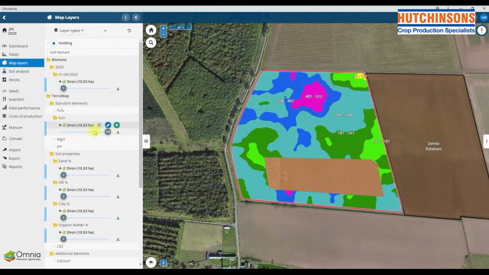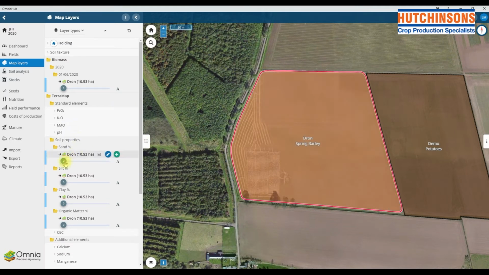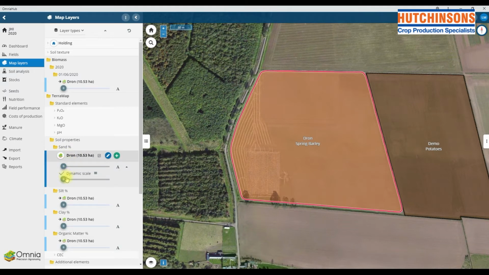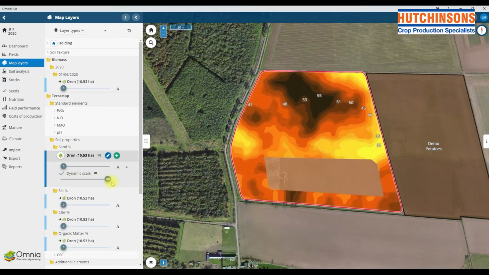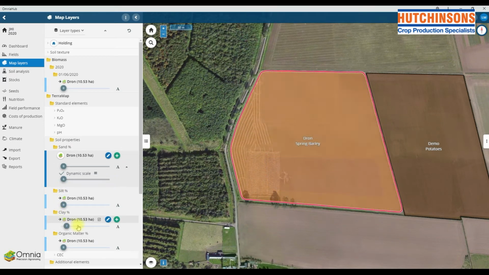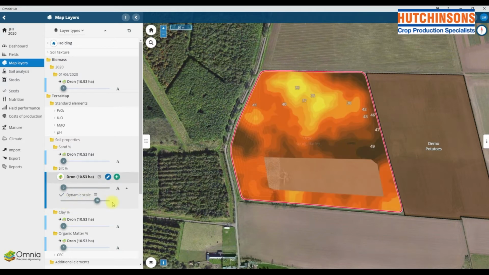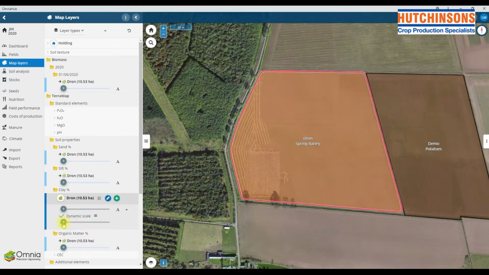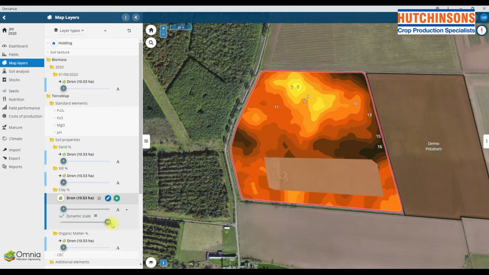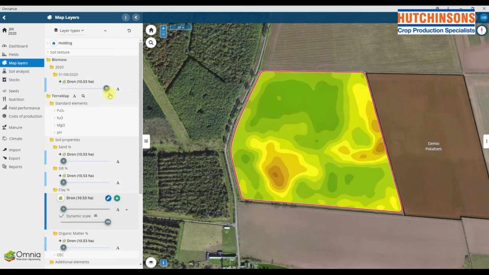So there is some correlation with potash, but really when we start to look at our sand, silt and clay, so here's sand, dark high sand, light or low sand, silt, we have dark being high silt, light colours lower silt, and then lastly clay, dark areas high clay, light areas lower clay. Now if we just bear that in mind as we look at our biomass map,